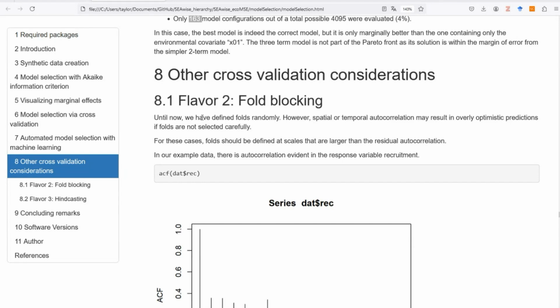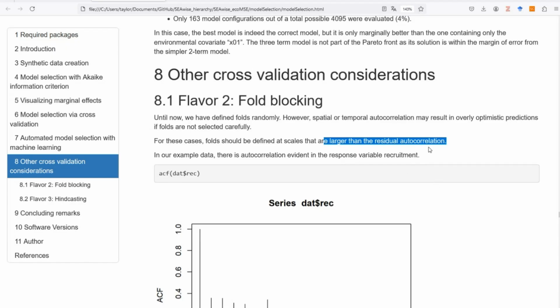If you don't do that, you may get overly optimistic predictions because the neighboring values are going to help you predict. So in those cases, the folds should be defined at a scale that is larger than the residual autocorrelation in